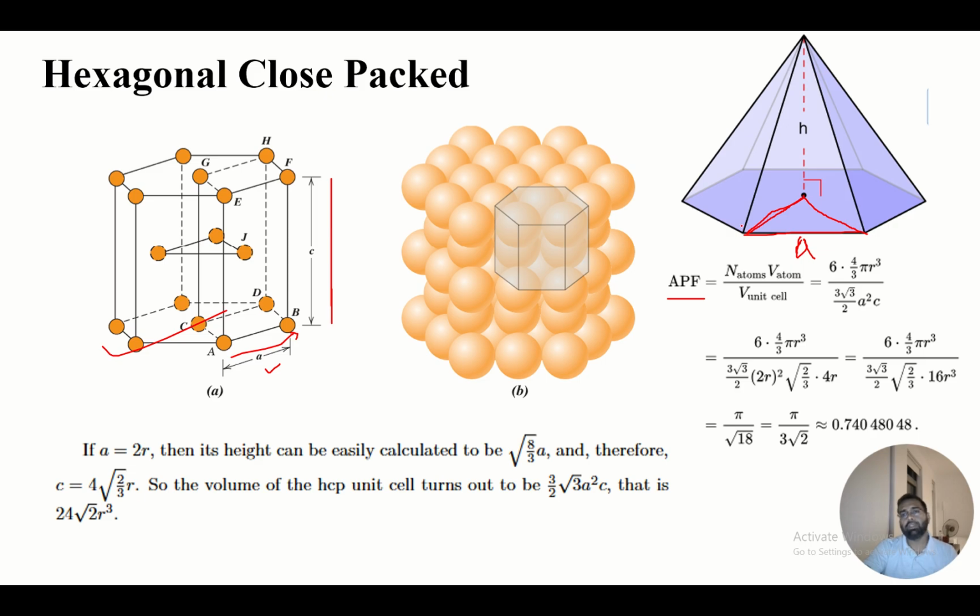so see, this angle is 120, this angle is also 120, and then you will have 60, 60, and you will also have this one 60. So now you can calculate this distance, and once you have this distance, then you can easily calculate height with the help of this triangle. Okay,